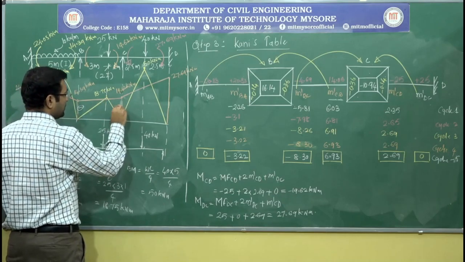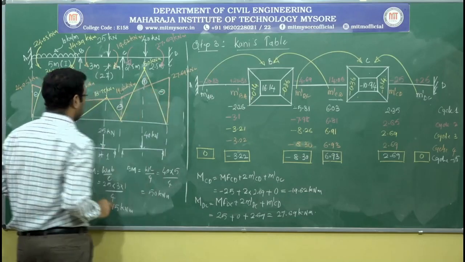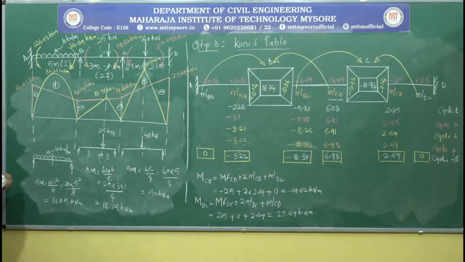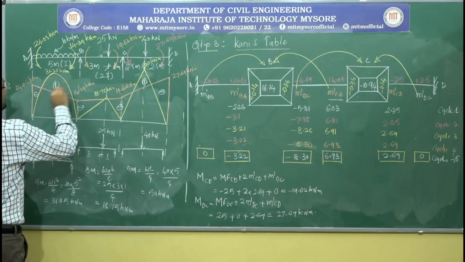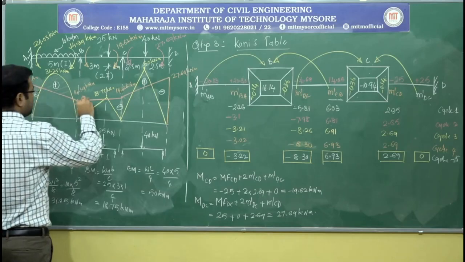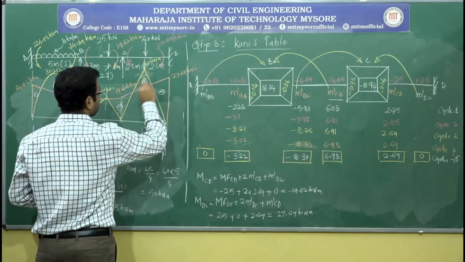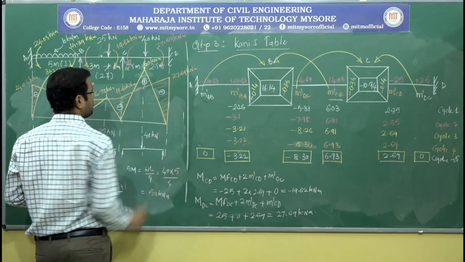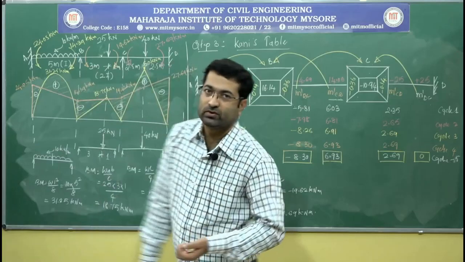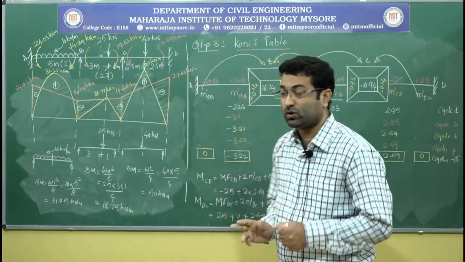It is very little positive, this is negative, this is positive, this is negative. Right. So this is how we need to draw the bending moment diagram if they ask to draw only bending